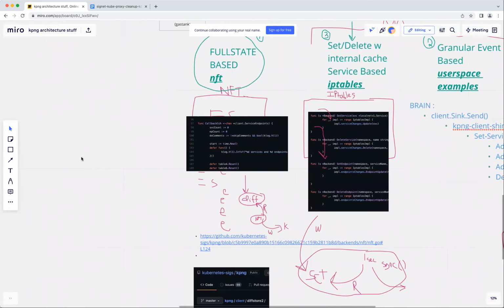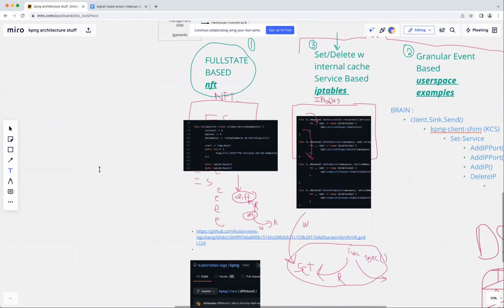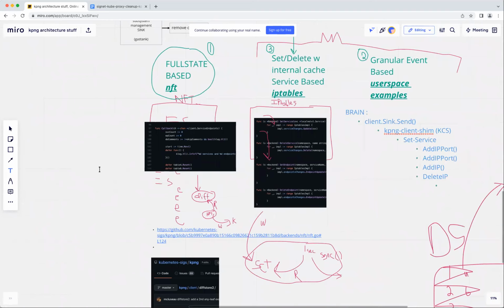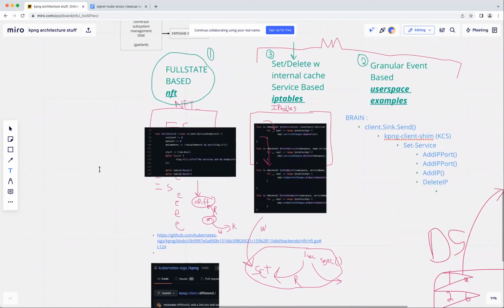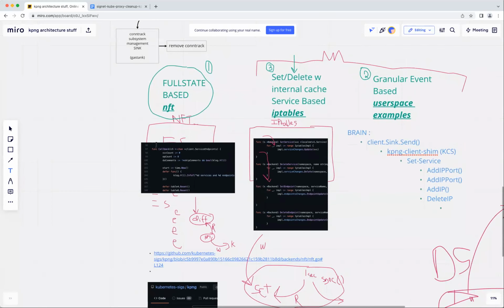If you create service B, it will give you service B. So that's a filter reset. Whatever Mikhail has done in the last 2-3 days in the context of this discussion, he has put in a diff logic for the full state kind of backend. At least that's what I understand from his code. But the discussion I started was more about atomic calls.